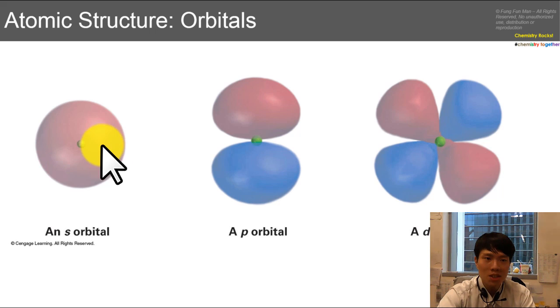You got to learn these structures well. S orbital is defined as a sphere. P orbital, we have two lobes, like a dumbbell shape, right? But the true shape here is more like a doorknob, if you can imagine a doorknob. And for D orbital, it is a cloverleaf shape. So think of it as two dumbbells intersecting each other diagonally.